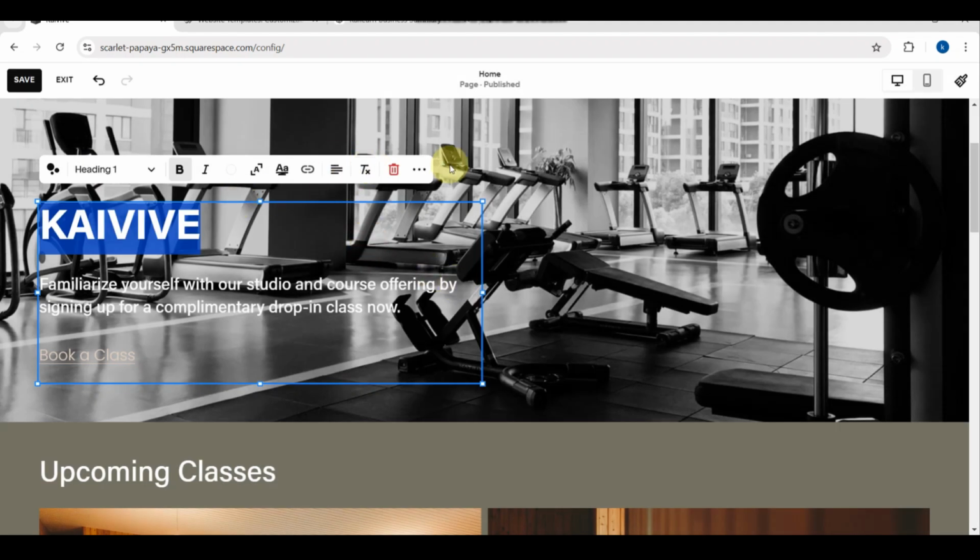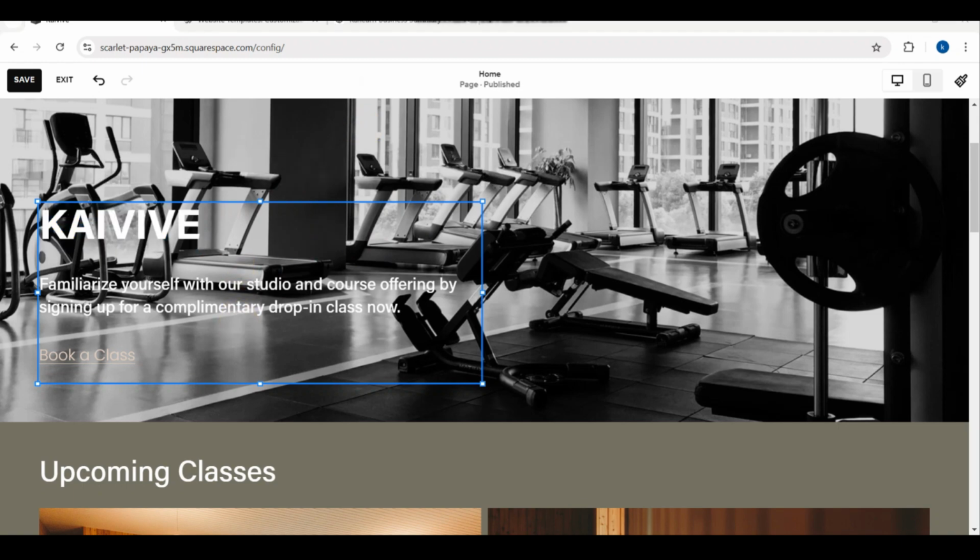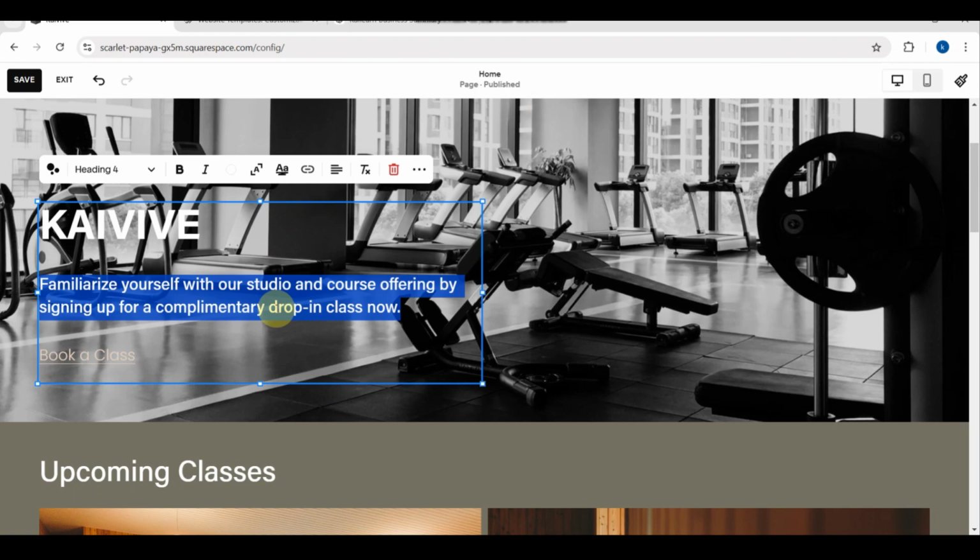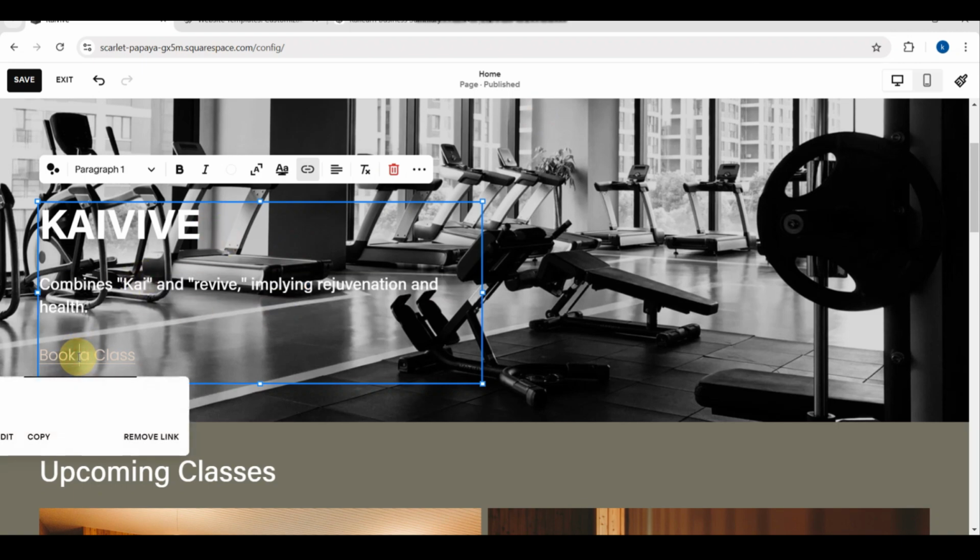Here you can also change it depending on you, if you want to change the color or the style of the heading. And also, if you want to put a link, you just need to tap on the link icon. In creating key pages,